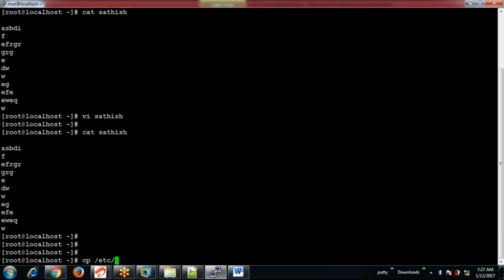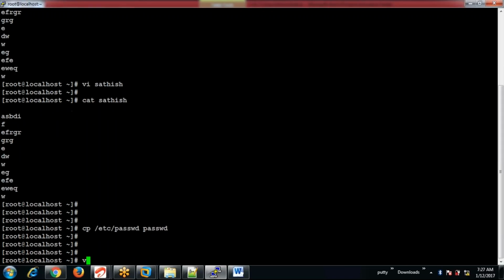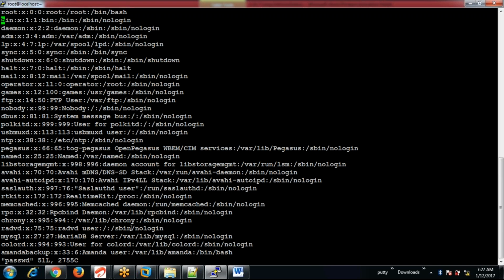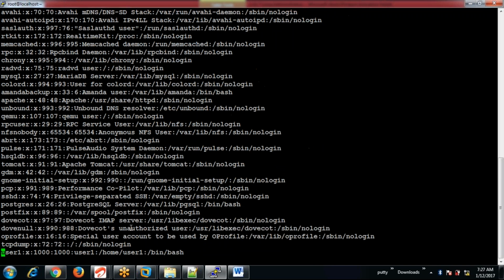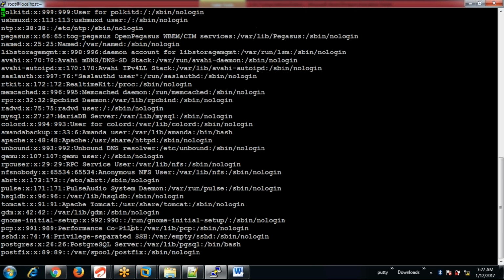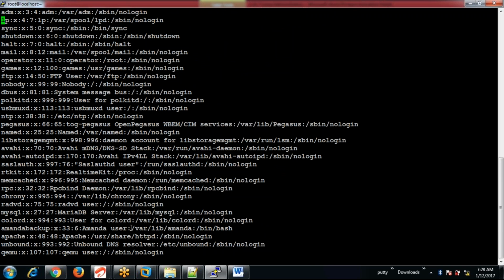I'm just copying one file. I have taken a backup of one file and I'm using that file: vi space password. This is the content of the file. When we want to edit, it's better to have the line numbers.